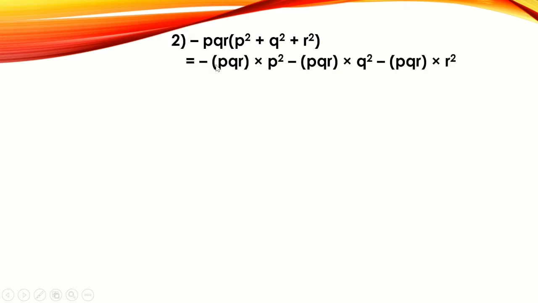Now this is very easy. I hope you will find it easy. So I'm not explaining it. I'll just show you the steps how you can multiply this minus PQR with this P square plus Q square plus R square. So minus PQR is getting multiplied with each of the terms of the second polynomial. And we have to be very careful with the signs also. So directly the answer I have shown you over here, and we cannot solve it further since the terms are not like terms, they are unlike.